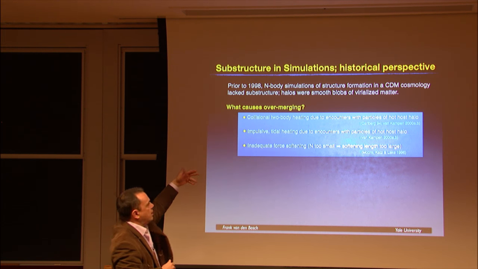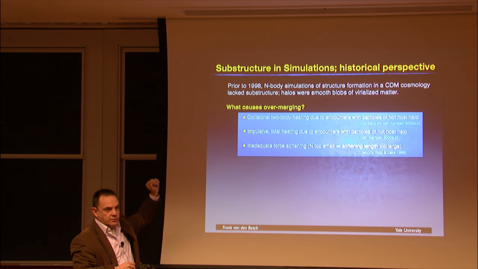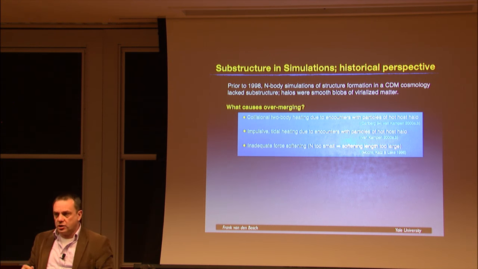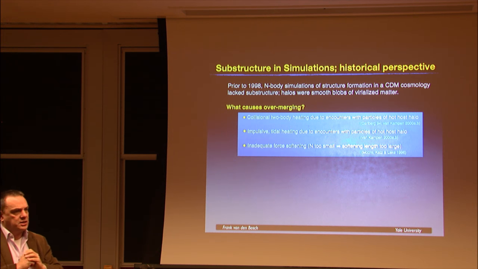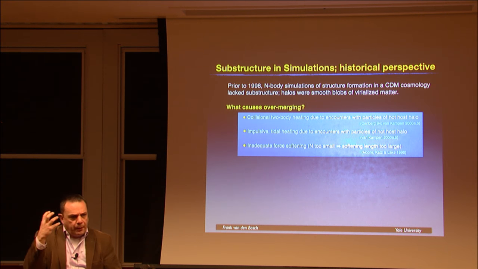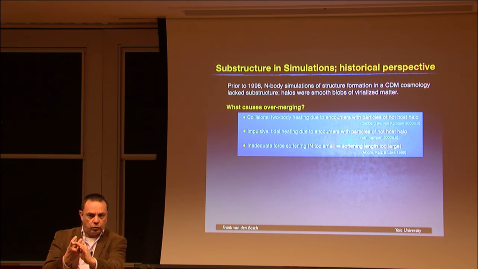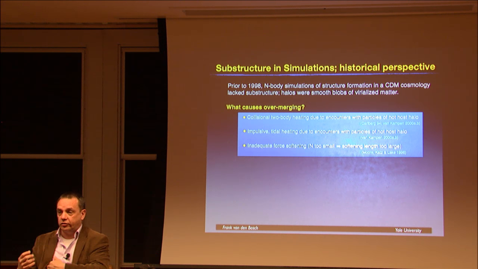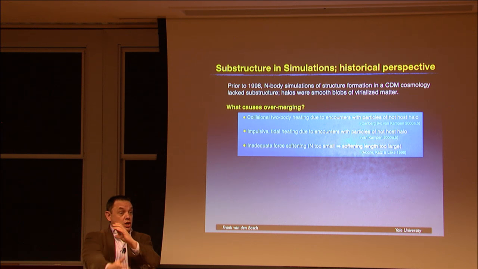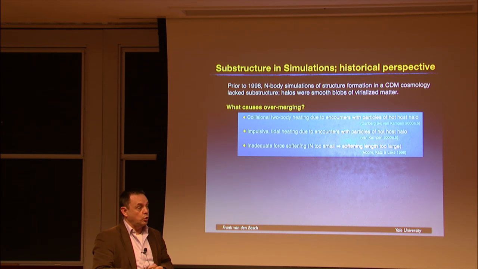And if you actually do the calculation and you see what it is, you can clearly see that they made an error of about a factor 100, and the effect is actually not important. A slightly different approach was made by Van Kampen, who said, no, it's not a collisional effect. It's actually a collisionless effect. It's just tidal heating, because your subhalo is moving through this host halo, but this host halo is artificially modeled by massive particles that are 10 to the 9, 10 to the 8 solar masses, because you have poor resolution. So it's like a subhalo moving through a sea of massive black holes, and that will tidally heat and distort my system, and that will cause the overmerging.